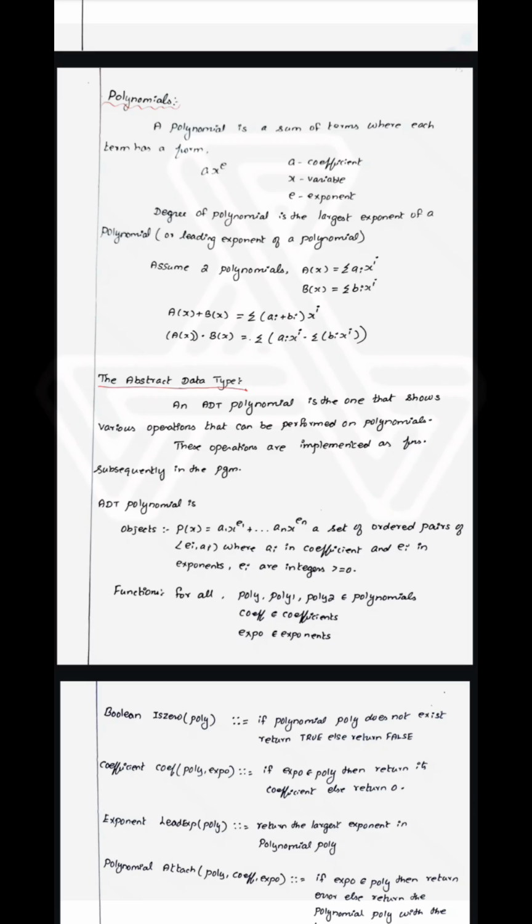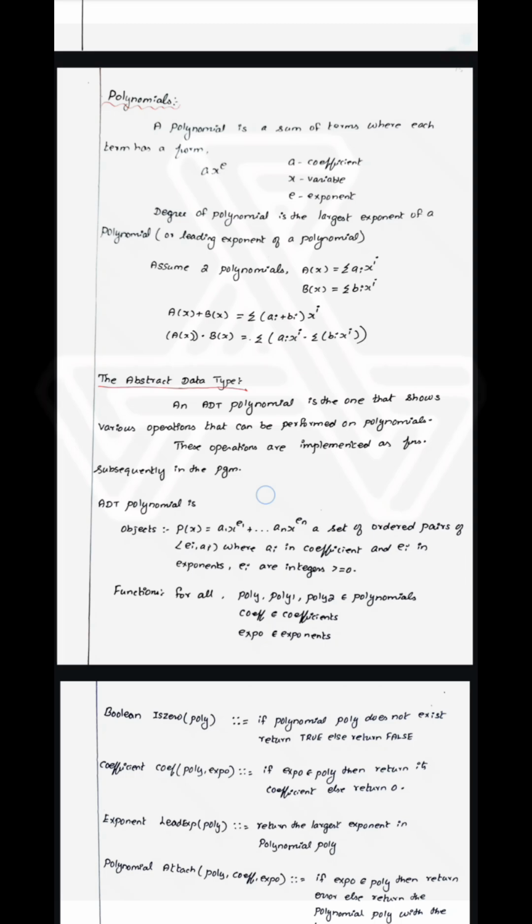Assume two polynomials, that is, the sum of ai x^i and the sum of bi x^i. Then a of x plus b of x is the sum of (ai plus bi) x^i. Then a of x dot b of x is equal to sigma of